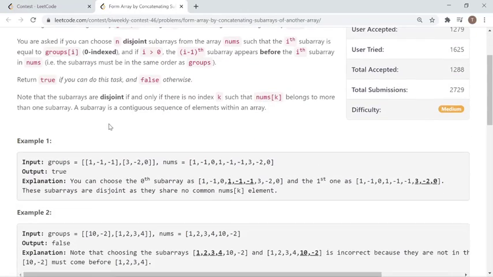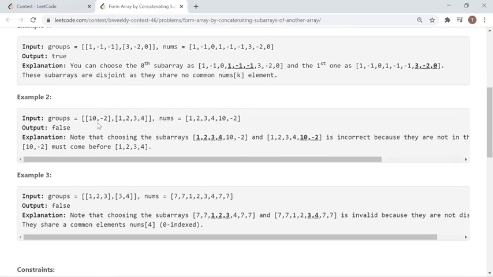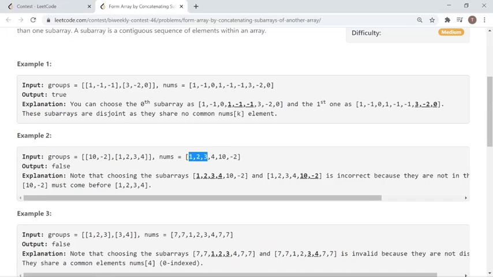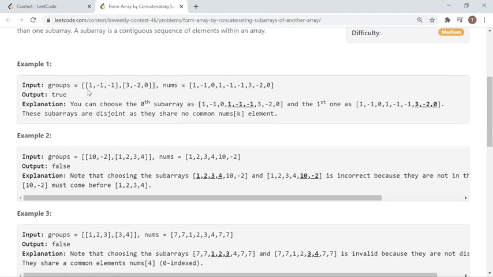But in the problem you need to find arrays to match. You need to match these groups inside these nums in the same order. In the same order, these groups, you need to match those groups inside this. Okay,